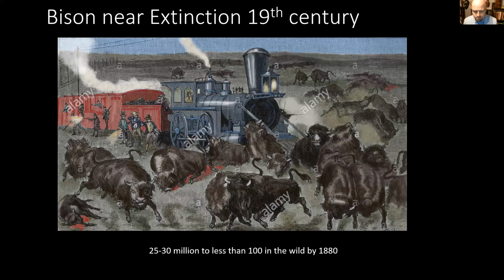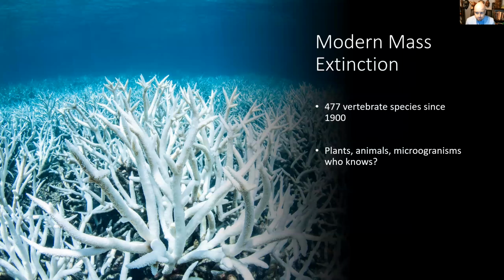So, a recent example of an almost extinction event were the bison in the 19th century, bison hunting. Within less than 100 years, we went from a population of 25 to 30 million bison to less than 100 in the wild. And those populations have significantly rebounded, but overhunting with repeating rifles and such, people were using bison skin for robes. They were doing all these things. These can cause rapid extinctions with modern technologies.